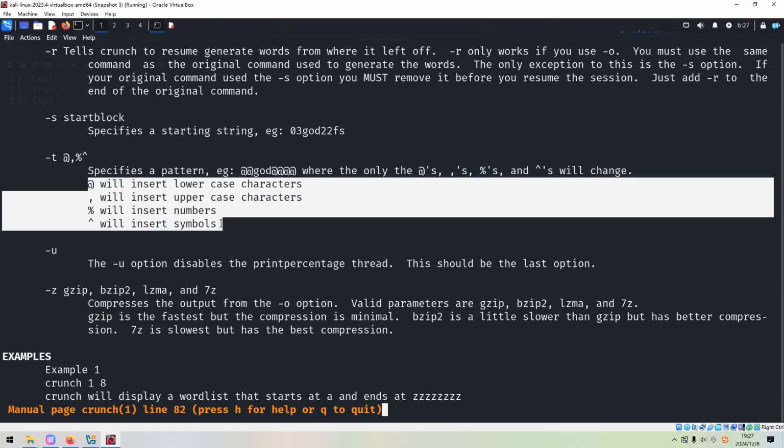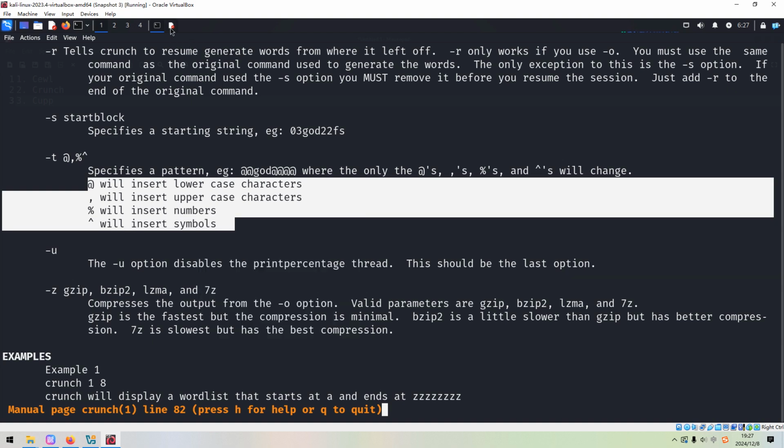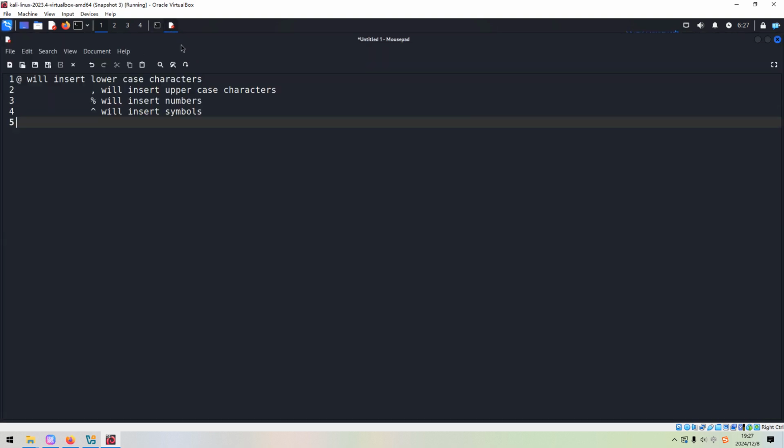When I do CTF-like machines, I use this option a lot. For example, we can copy and put it over here.